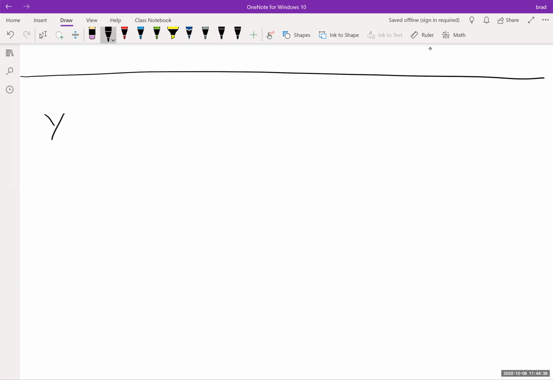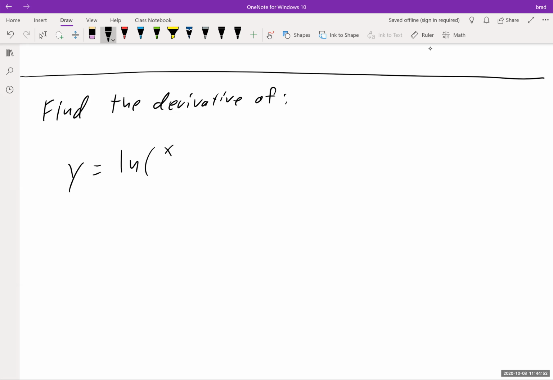So let's say that we have, find the derivative of y equals the natural log of x squared over 6x plus 4, okay? So this is a tough one because this inner function, this whole thing is technically u, right? So then I'm gonna have to do u prime over u, so I'm gonna have to do a quotient rule, then I'm gonna have to divide it by x squared over 6x plus 4, then I'm gonna have to try to simplify that. So what I'm gonna do instead,